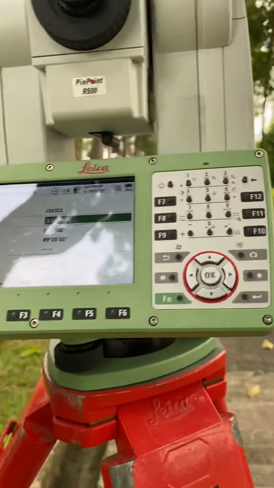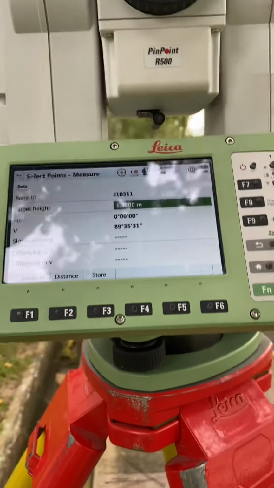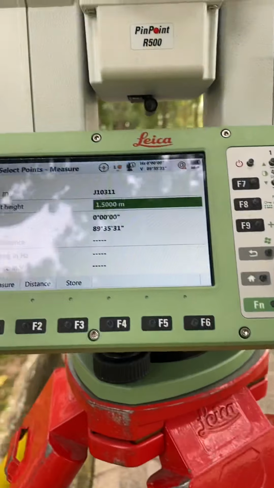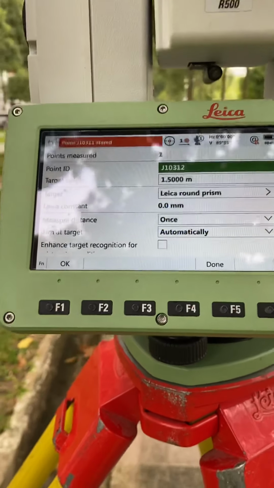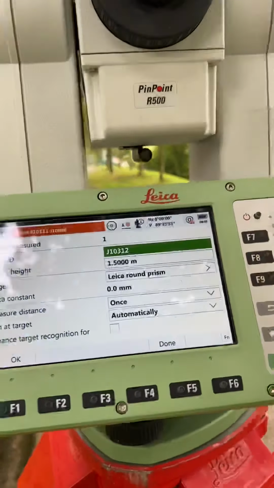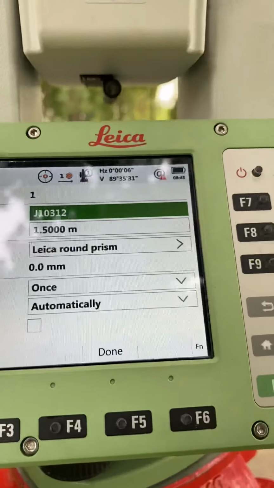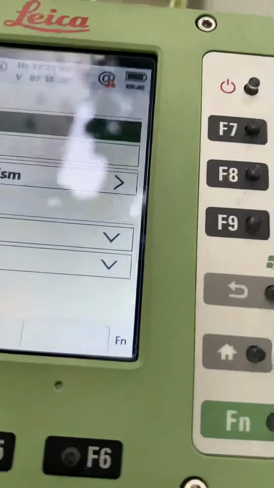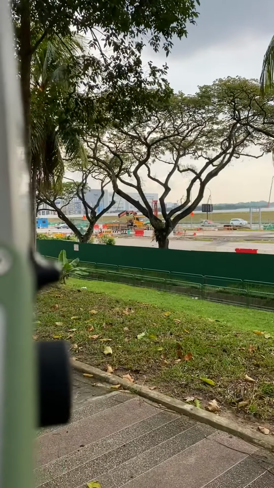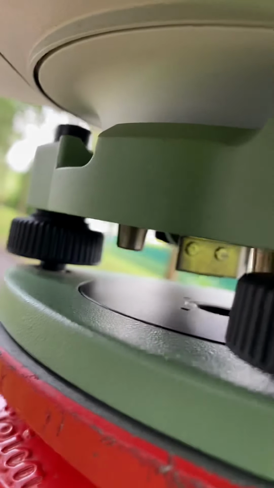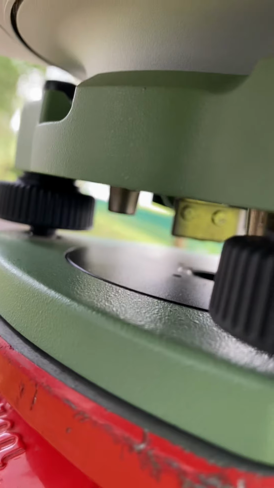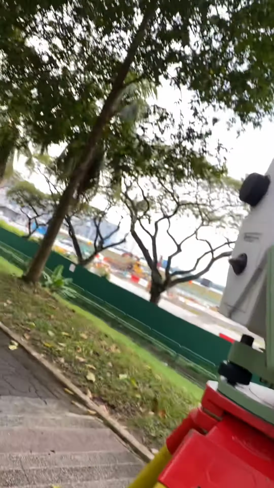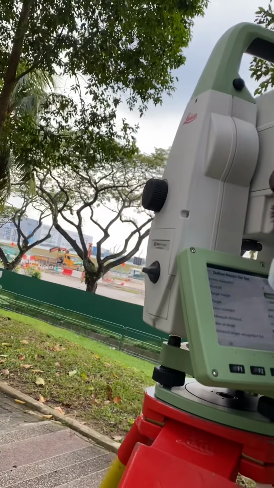Then I shoot first point. Okay, I shoot ready. So first point I shoot ready. So now I need second point. My second point is another place. I aim, press.